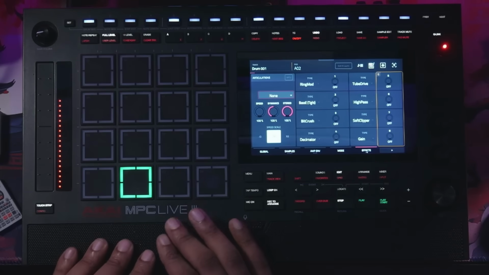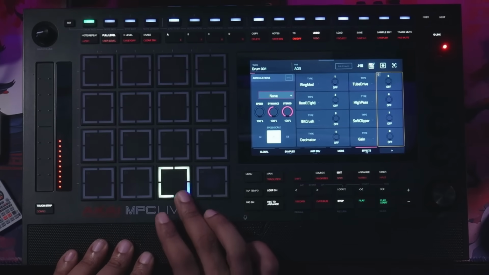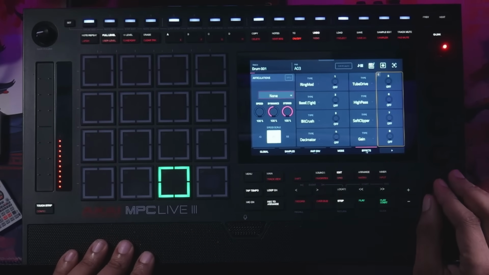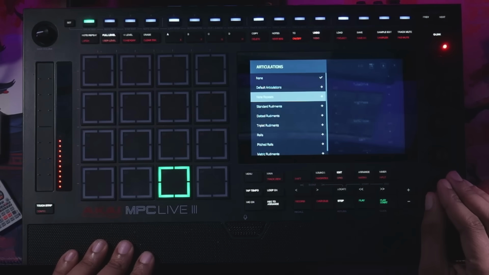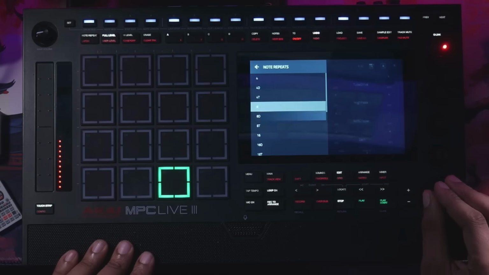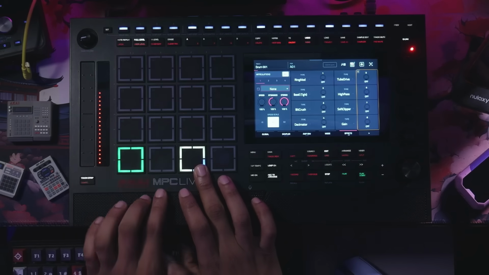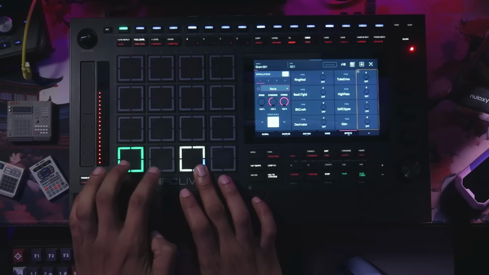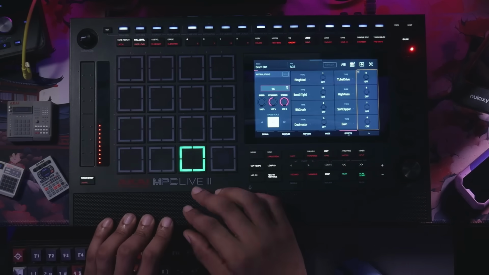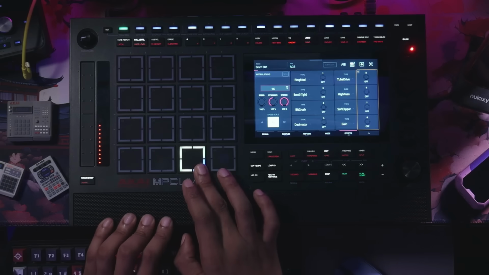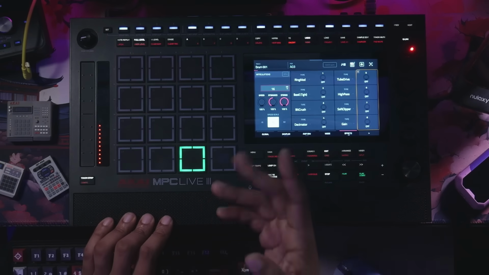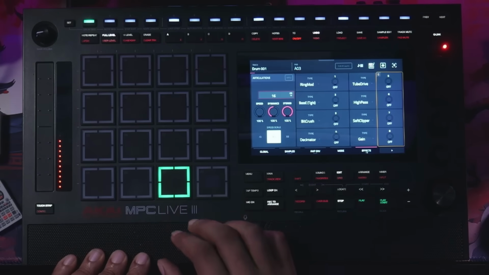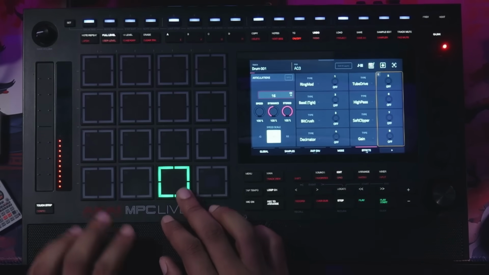A nice trick that I want to show you here is going to your hi-hats. And obviously this is cheating basically, because you could just set up your note repeat to be like 16. But as you can see, you can have your hi-hats just be constant while you finger drum and, you know, do your thing on Instagram or whatever. Also, one thing I would like to point out is that